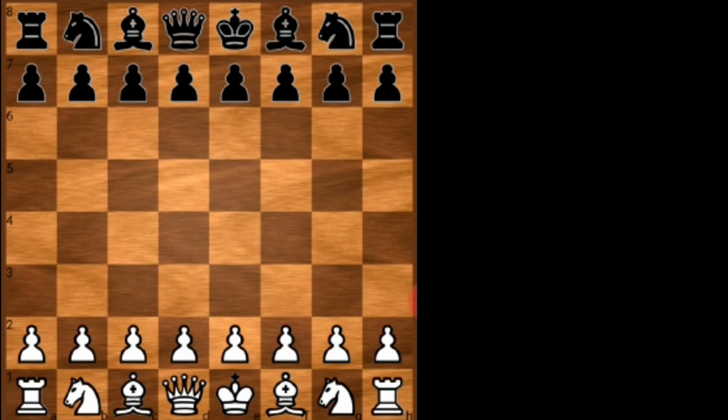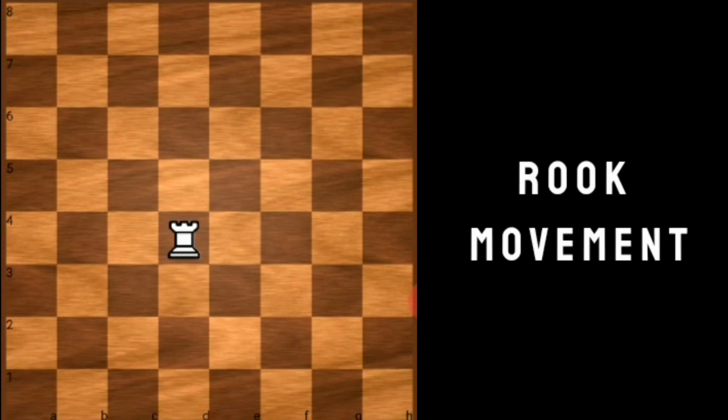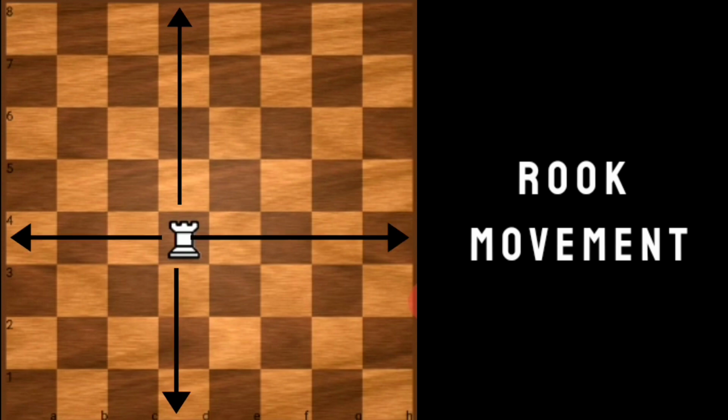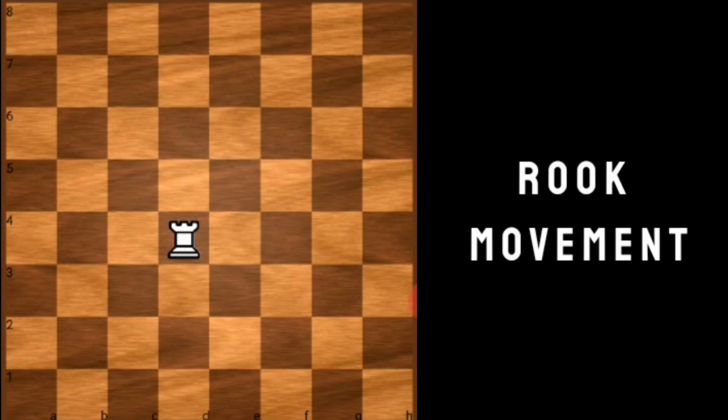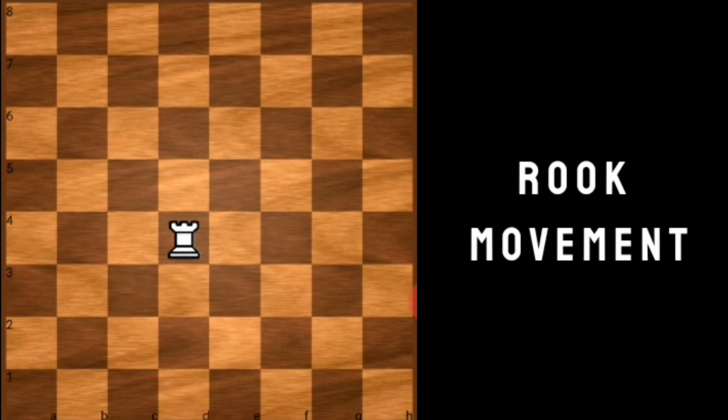So let's move on to each piece's movements. Let's start with the rook. The rook moves in a straight line, through files and ranks. Or we can say in a standing line or sleeping line. The rook can capture an enemy piece when it moves into its path. When you capture an enemy piece, you simply go to the square it occupies and remove it from the board.